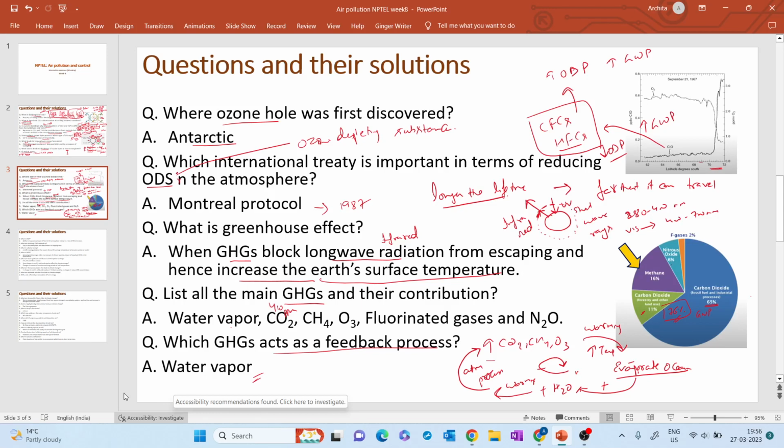There is another process which isn't discussed here, which we call cloud albedo or cloud reflectiveness. So the water vapor that forms clouds can also absorb infrared, right? So it's water vapor individually and water vapor in the form of cloud, because cloud also has reflectivity. So if there are a lot of clouds,